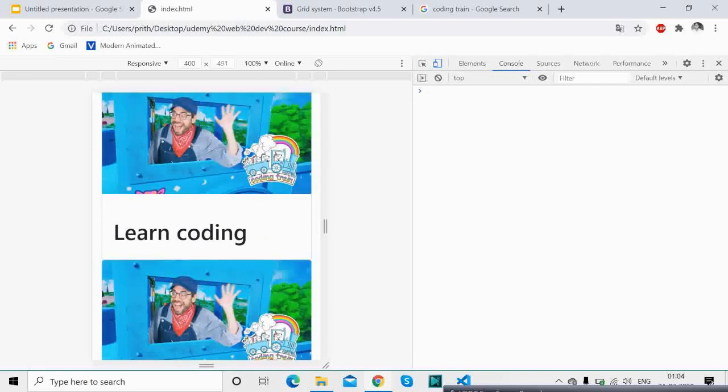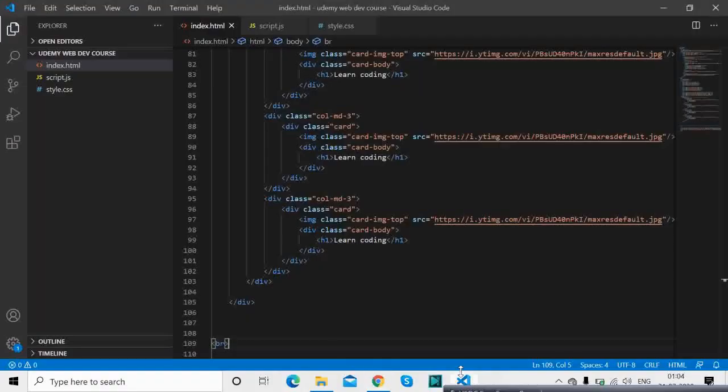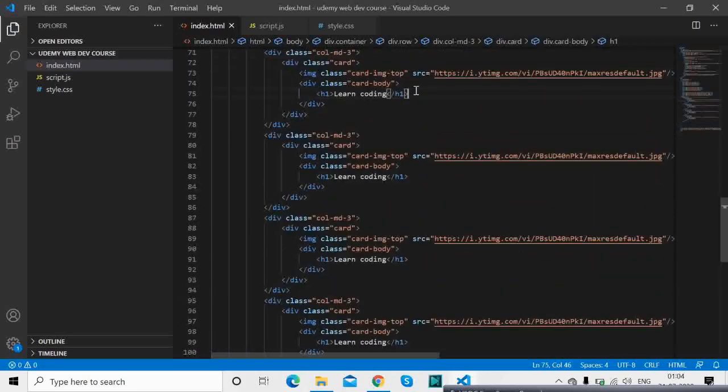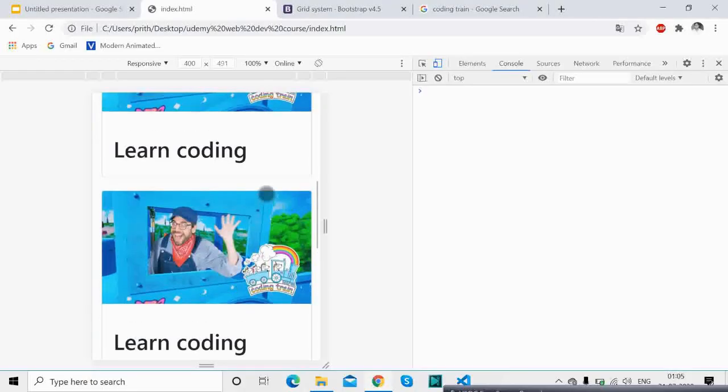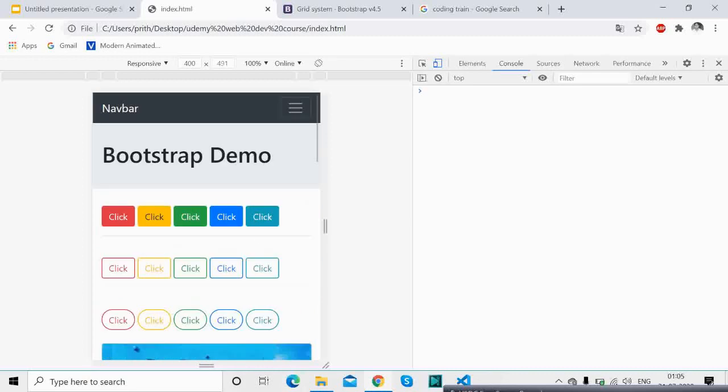Okay, there is no gap. For this thing we have to give something called a BR, break line. Okay, so just after this card we'll give a break, and you need to give it for everyone, just to make sure that when this is rendered on mobile there is a little gap over here. So now you see there is the gap and it works fine.